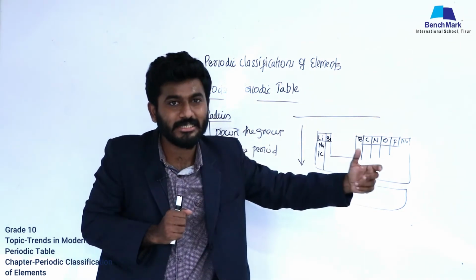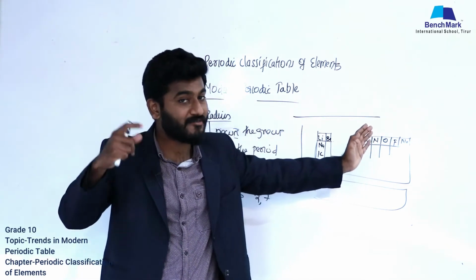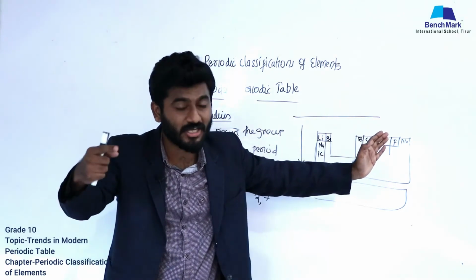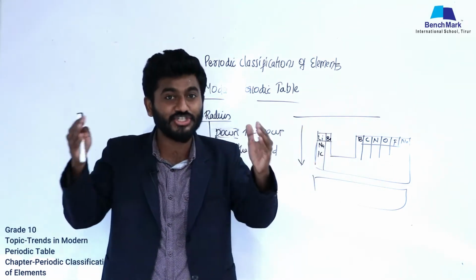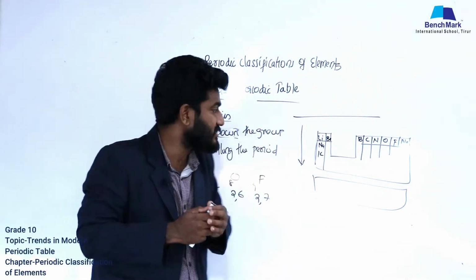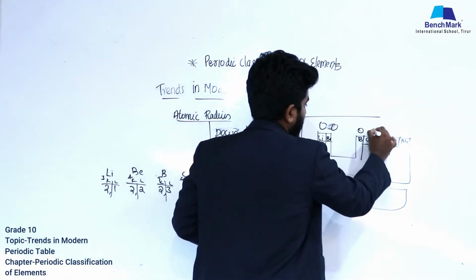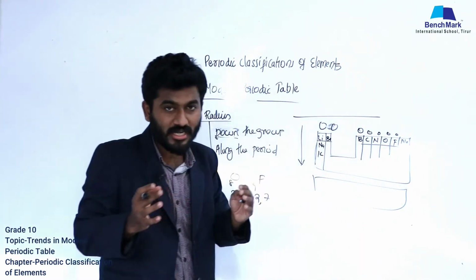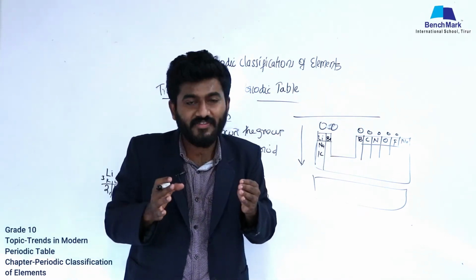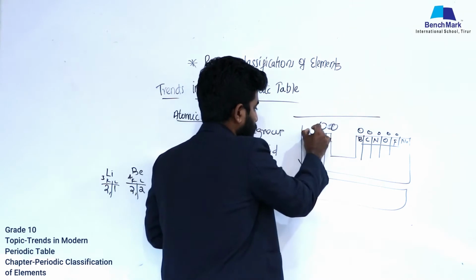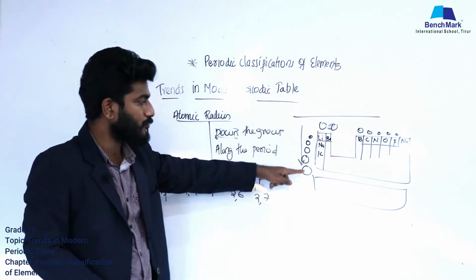So this nucleus, which has more positive charge, will attract electrons so closely that the size will decrease. So moving from left to right, number of shells are same, but positive charge and number of protons are increasing, so the nucleus can easily attract the shells, then the size decreases and the trend will be like this. Nucleus has more positive charge, attracts electrons closely, and the size decreases, but atomic radius will be increasing